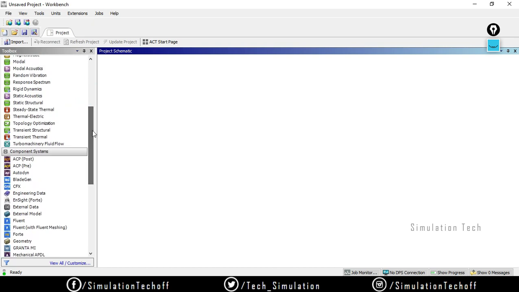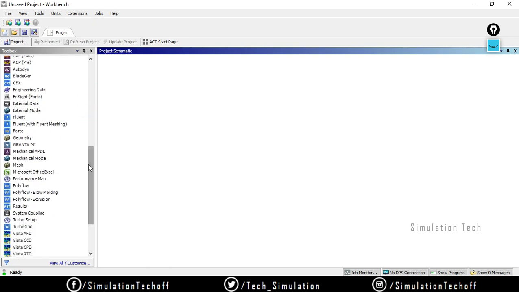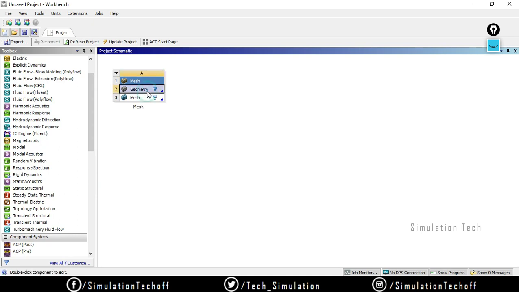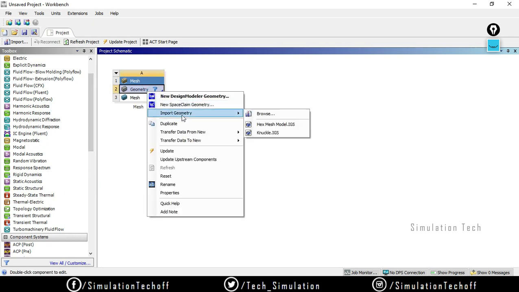Okay, so I have already created the model. What I will do here is drag and drop the mesh environment. I don't need to perform any analysis over here. So just right click and say insert geometry.